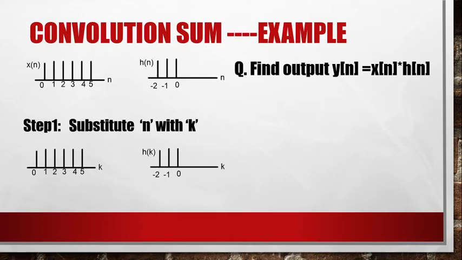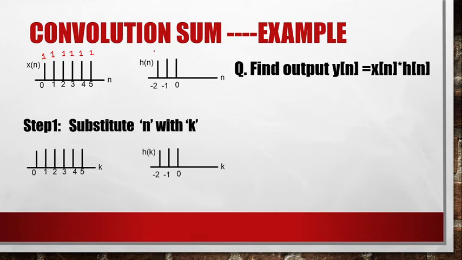So today our topic of discussion is an example of convolution sum where this is the signal xn. All the values of this signal are actually 1. Understand? And this is the impulse response of a system. This is the second signal, as we have discussed in our previous classes, that this is the impulse response of the system.